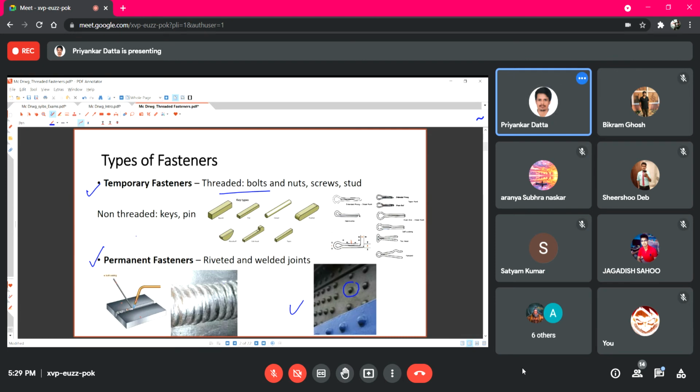Another temporary fastener I have mentioned here is keys and pins. So keys are small bars or prismatic bars of different shapes which help in fixing one component over the other. So say you have one shaft on which you want to mount a gear.